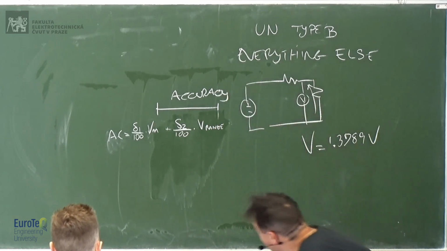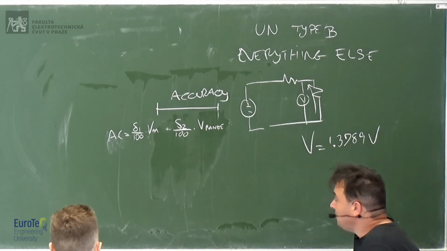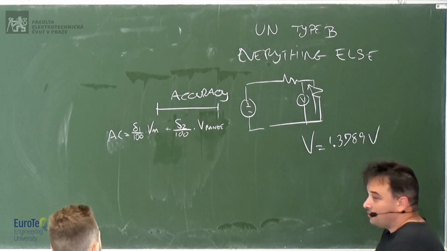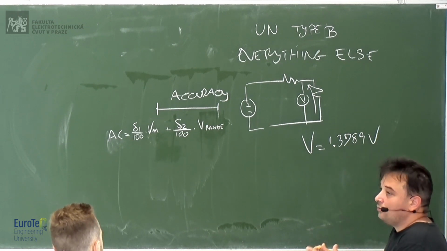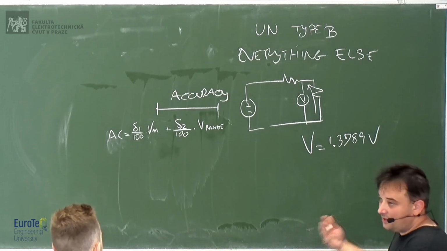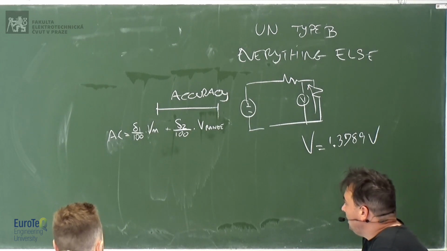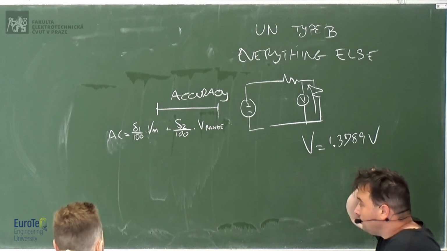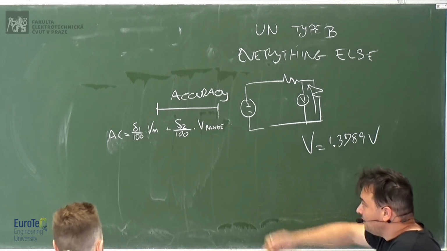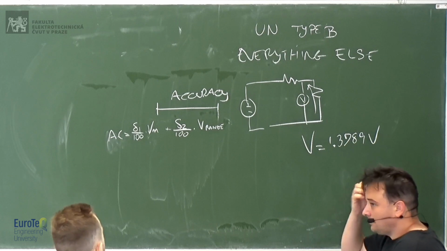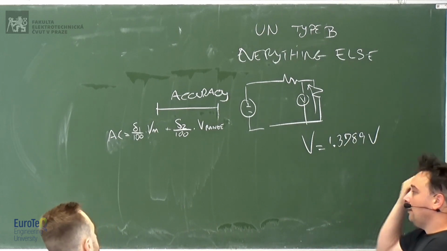Why? Because there are some sources of uncertainty which depend on the range. Because of the circuit you have inside, you have some fixed contribution, which depends on the amplification gain of the amplifiers used for signal conditioning, and that doesn't change with the quantity that you measure. And then there is some contribution which depends on the value that you measure, because when you're in a certain range, it's a different resistor, and that resistor will have a different uncertainty.